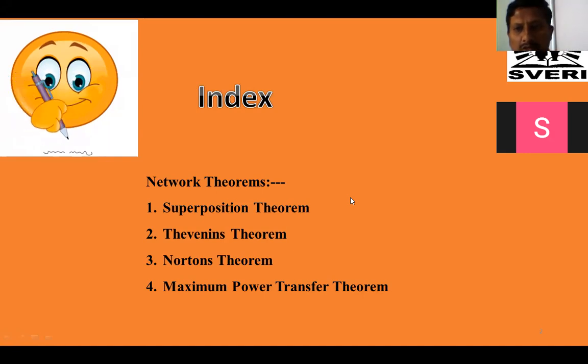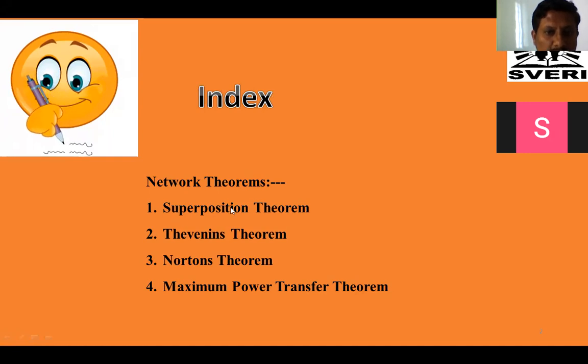Okay. Good afternoon, everyone. Welcome to the NDA lecture. So we have completed the superposition theorem, and we have solved the numerical examples based on type 1 as well as type 2. In type 1, we have solved 4 examples, and based on type 2, we have solved one example. That is sufficient to understand how to identify the type of circuit, and based on that, how to solve it. So today we can start the second theorem, that is Thevenin's theorem.